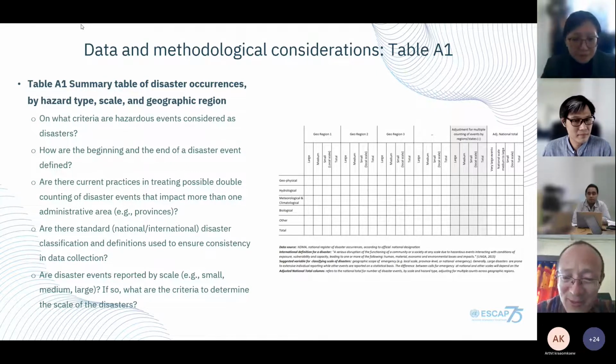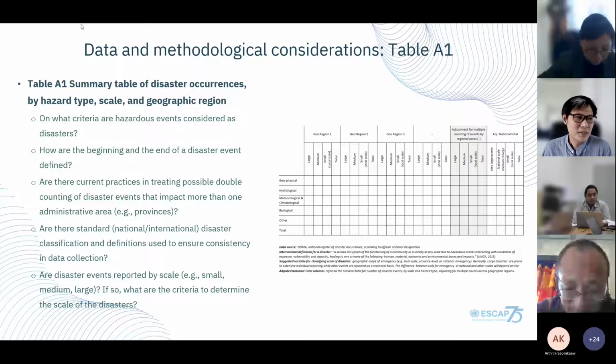If a committee could be formed immediately after a disaster to do the data collection or respond to that, then that could be solved. That's what I feel. Yeah, thanks.